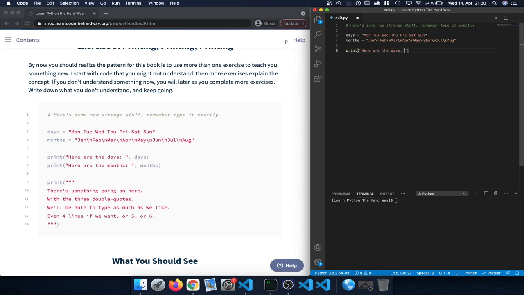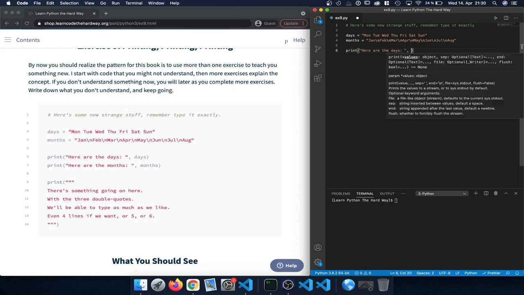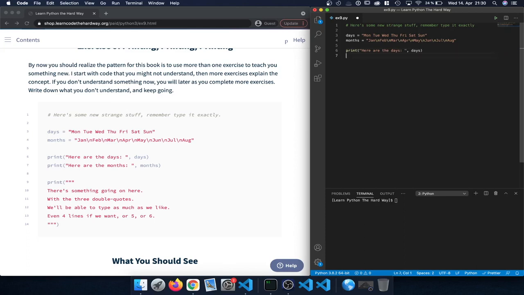By entering the print statement, and then after the string that we enter, we can enter the variable days. So that we're going to print here are the days, colon, and then the days variable will be inserted with the various days of the week. Next, we're going to add another print statement here. And here we're going to print out the various months, again the variable that we defined above. But here, of course, within that variable, we typed \n to insert a new line character,